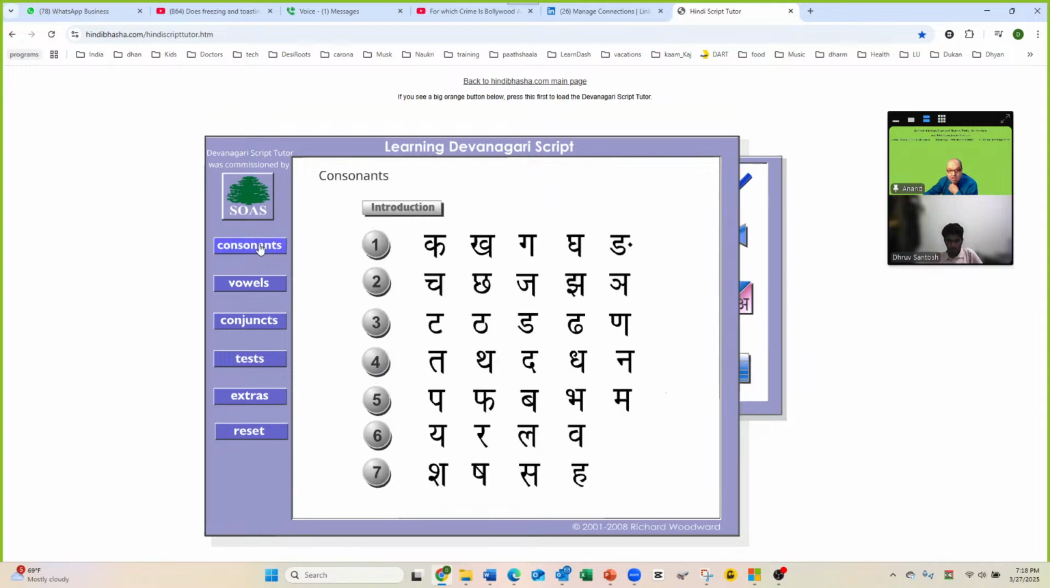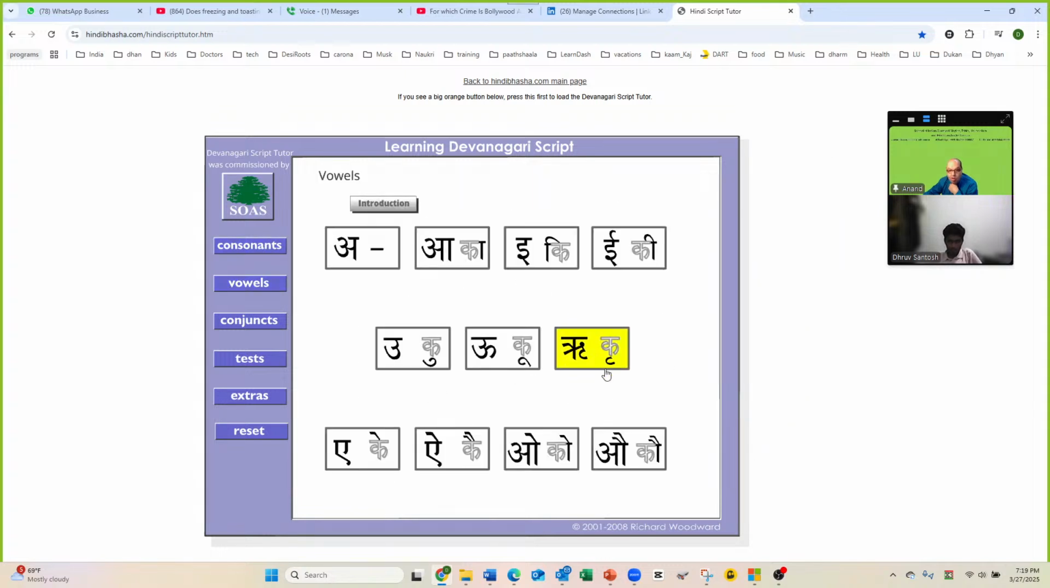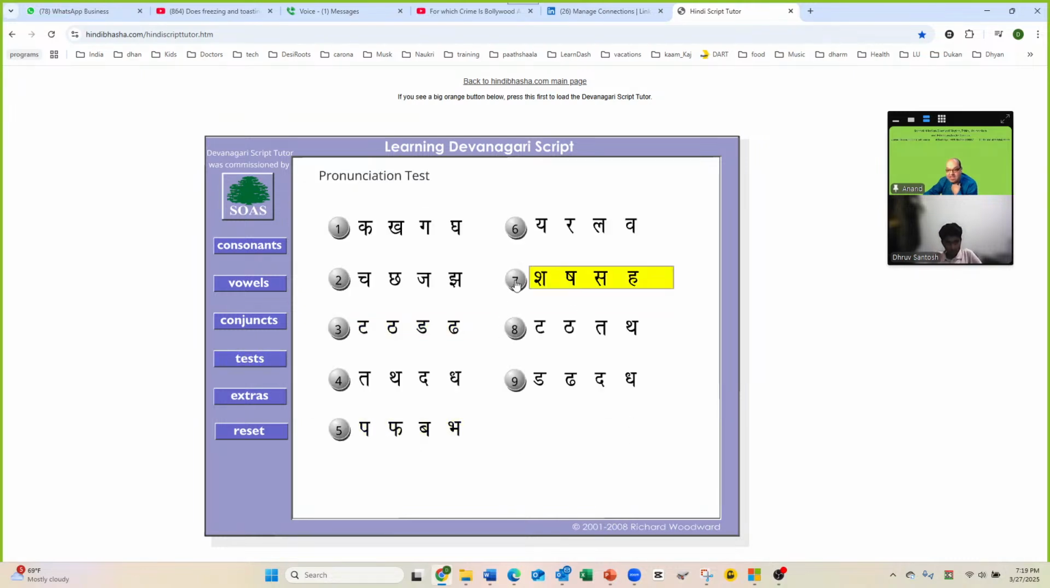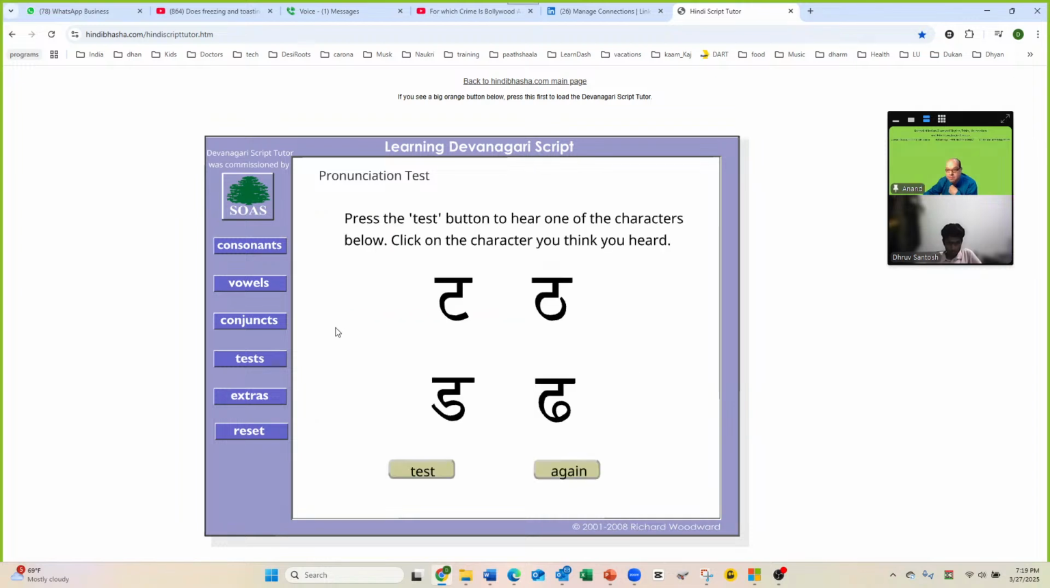Okay, so like this, you can go through all consonants, all vowels, and then if you want to test yourself, come here and test. Pick up any one line. For example, you had this line. Okay, and then you can test. So, for example, if I say test, now listen to the letter and tell me which of the four letters this is. th,